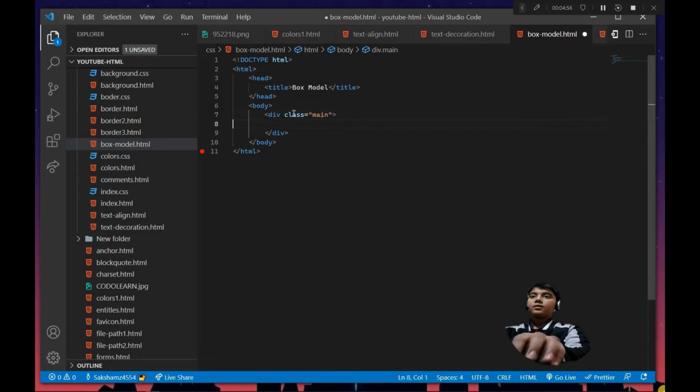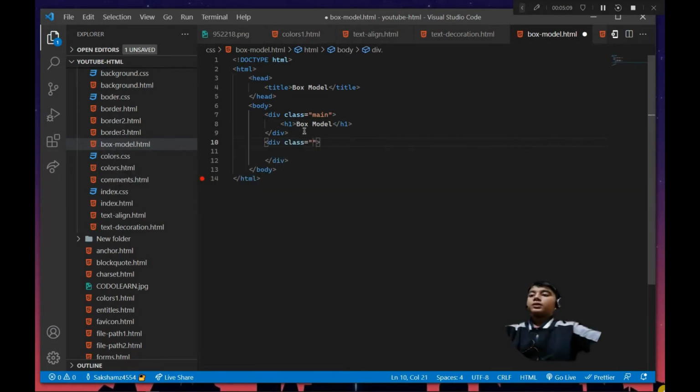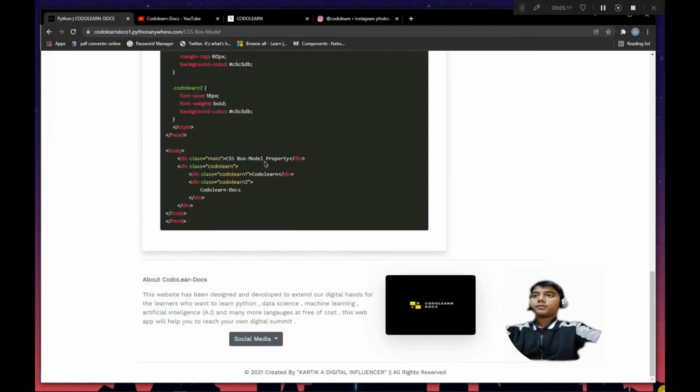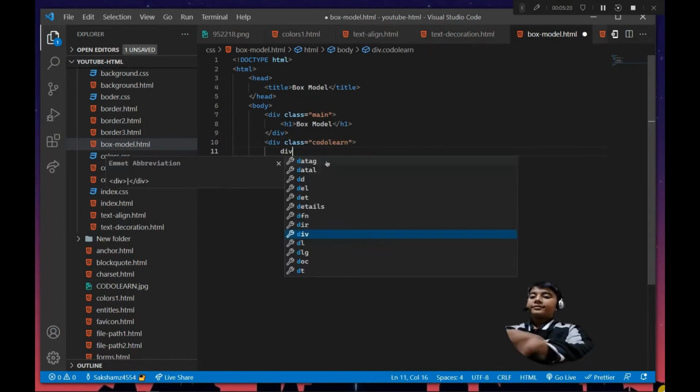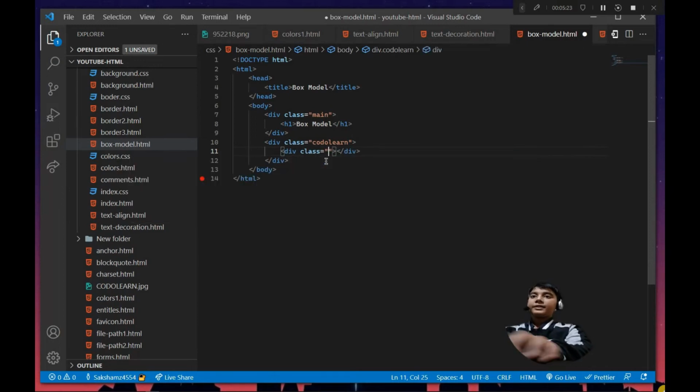And here let's add h1, box model. After that, create a div again and name it with the class codulan. Inside that, create a div again and give it the class codulan1, and let's type Codulan.